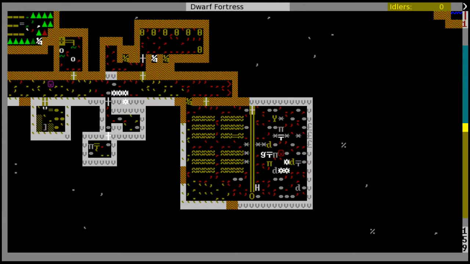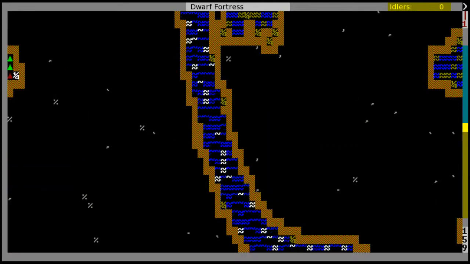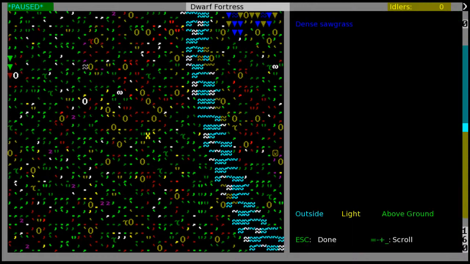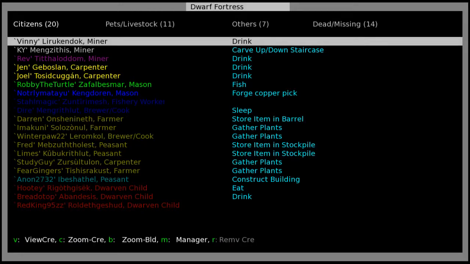There's a kitty. I just saw a kitty run down the hallway. Oh, and there's a river cutting through the side, inside the mountain. Or not inside, I guess it's on top of the mountain. Because there, who is that? That person just crossed the river. That would be Winterpaw, who is currently